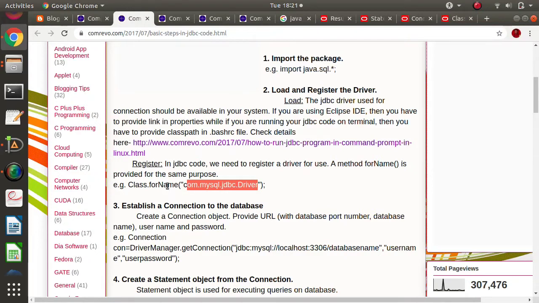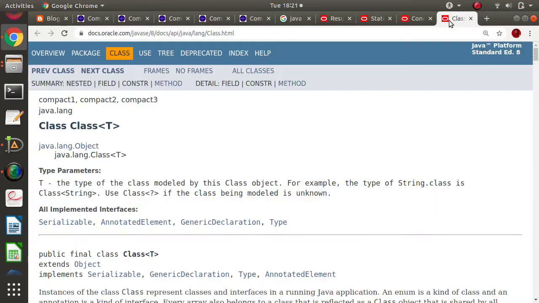It means we are informing the compiler that we are using this particular driver, and for that we have to call the forName method, and this method is given by the Class class. Class is a standard class. If you search on Google for Java Class Oracle doc, you will get this link.